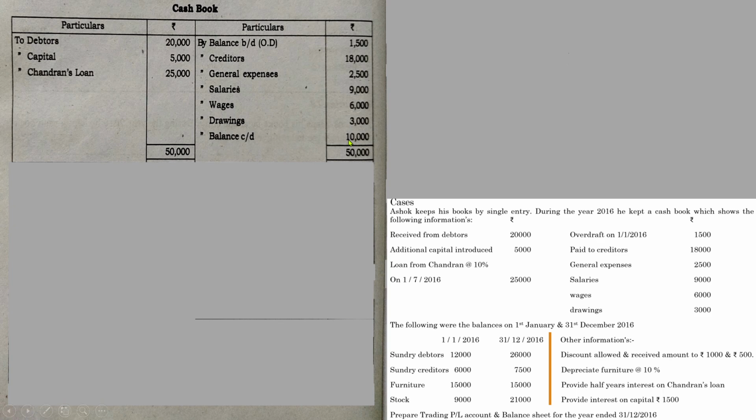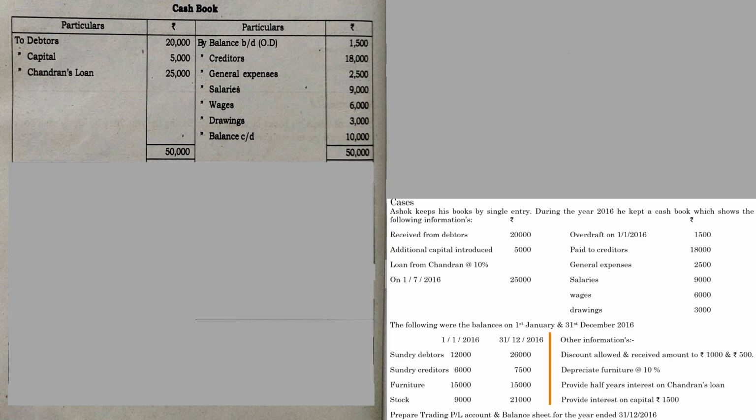So you don't get confused like that. Here the opening balance is written on this side and the closing balance is written on this side. Usually you have learned that the opening balance is on one side and the closing balance on the other side. Here it will not be like that, because in the opening we were short of cash, but by running the business we have earned a cash balance of 10,000. So these types of situations also might come. So now we have successfully completed the cash book.